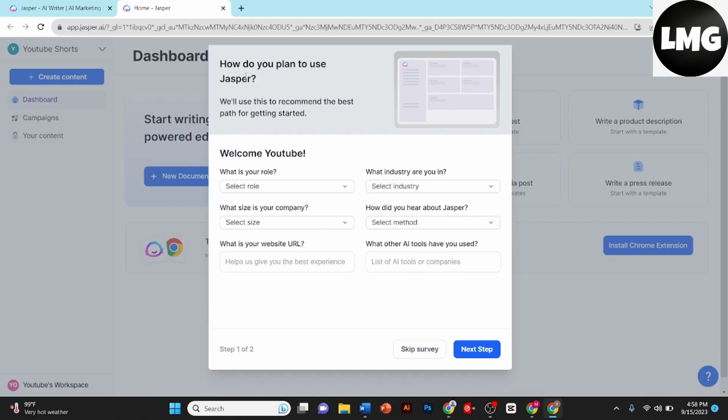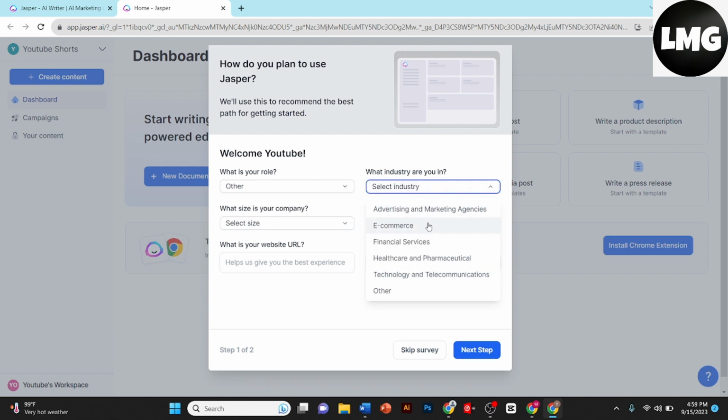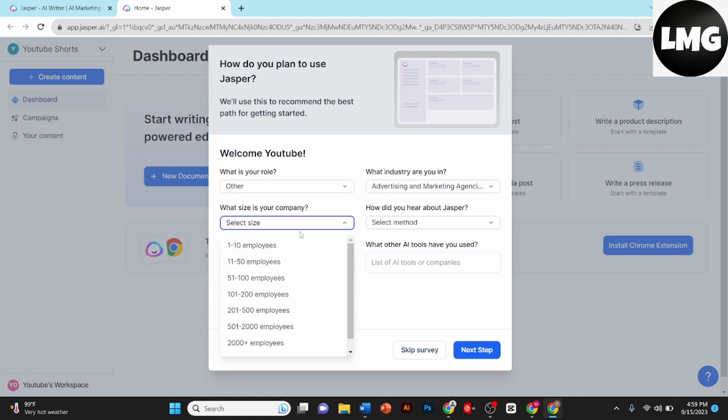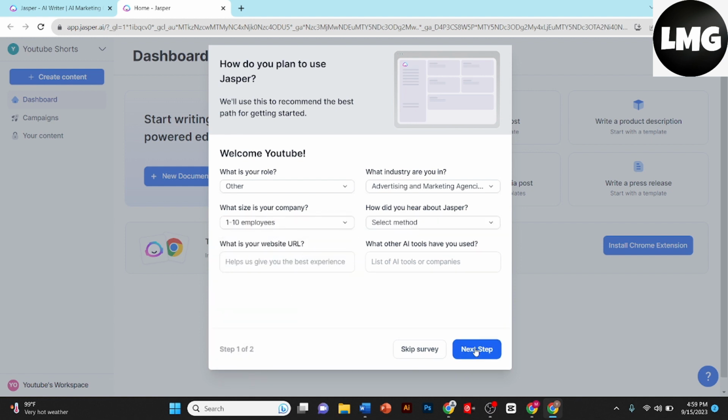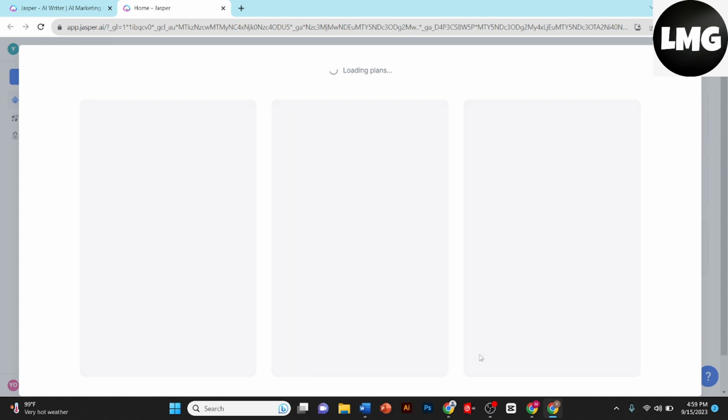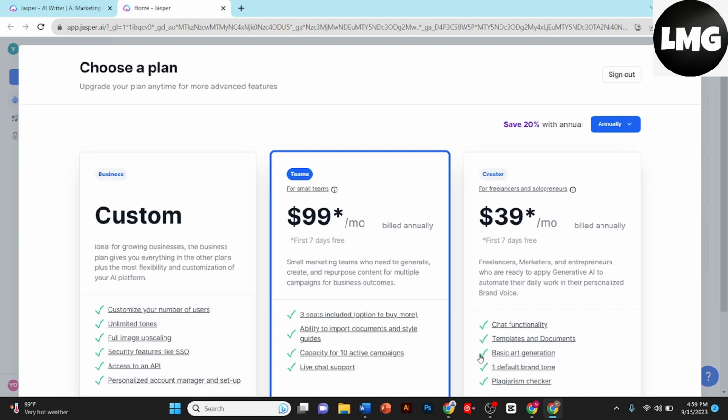Here it will ask you how do you plan to use Jasper and what is your role, what industry are you in, and what is the size of your company. Let's answer them, and here I'll click others. In what industry are you? I'll click on advertising and marketing agency, size company. I'll then click on next step, and here you need to answer them that how are you planning to use Jasper in your workflow. Let's say I'll click on website content, and then I'll click on submit,